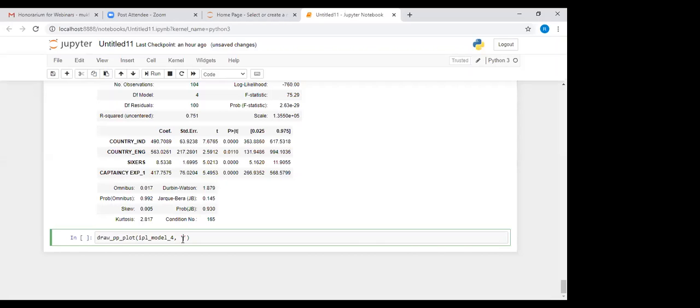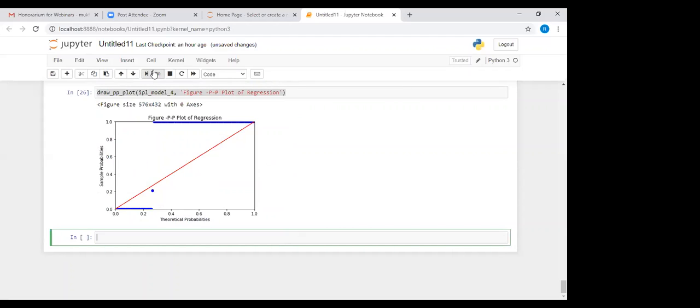Name the figure something like PP plot of regression.